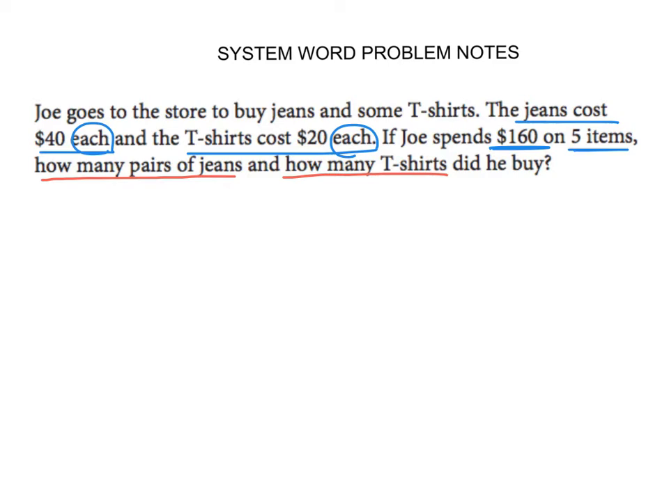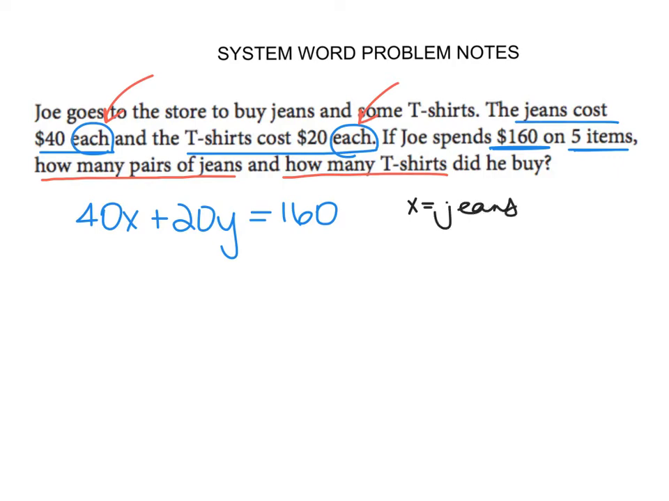So we've talked about this before. If you see 2 rate words within the same context, that means we're going to end up writing something in standard form. So if I go ahead and write standard form for this, that's going to be 40x + 20y = 160. And I think you all are probably pretty good with that. We did say that we needed to define what our 2 variables were, so we probably want to make an additional statement that says x stands for jeans,